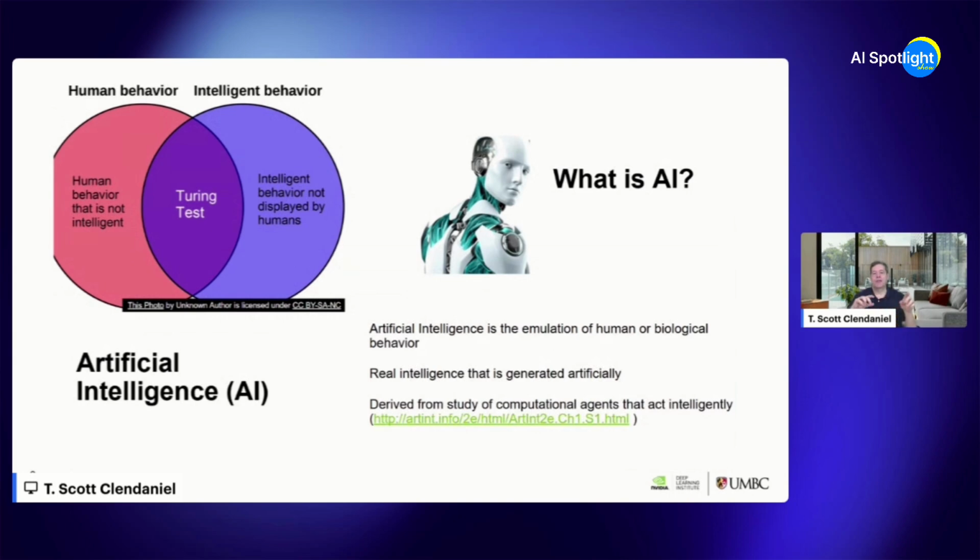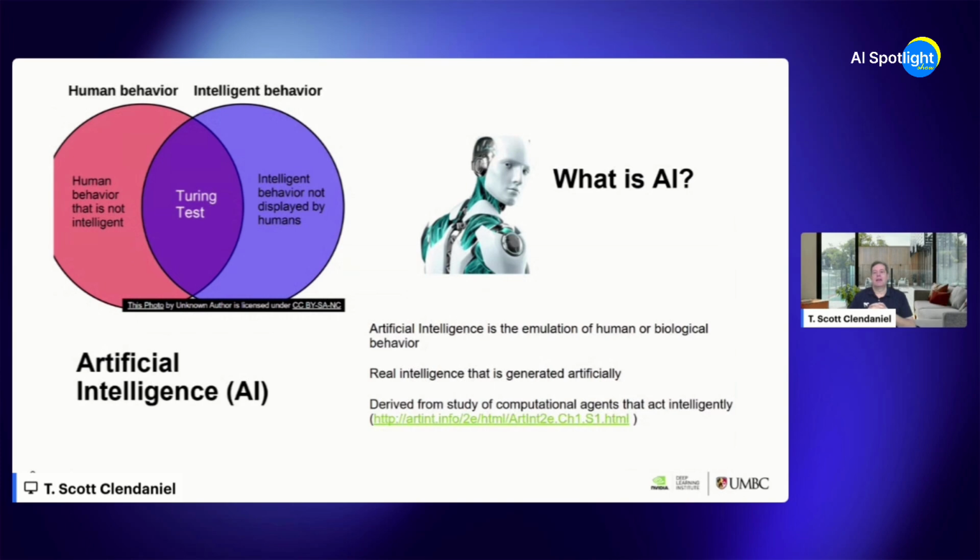Now, if you'll see in the definitions under the scary-looking robot on the right-hand side of the screen, is the emulation of human or biological behavior, which in more common terms is, can we have a system where we can't tell the difference of the behavior? Does it pass the Turing test? Is it a system that shows such ability and alacrity and ability to change assignments that we can't figure out if it was a human or a person?